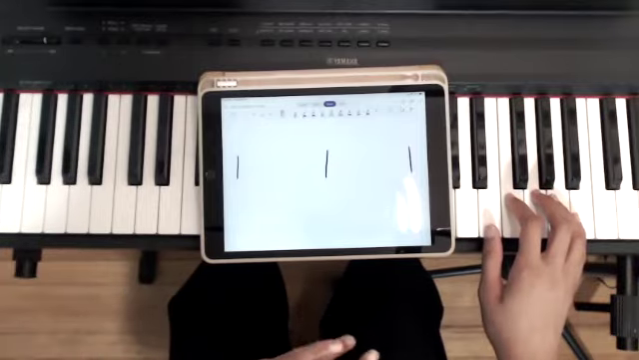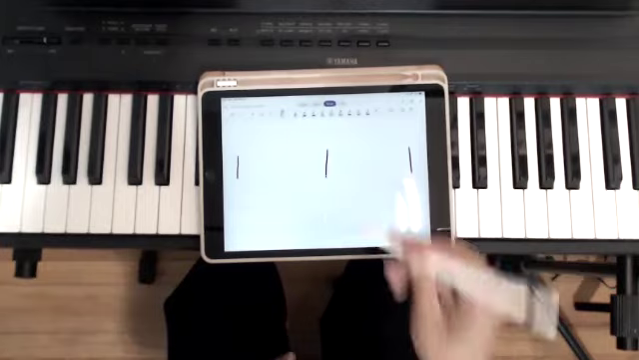1, 2, 3, 4. 1, 2, 3, 4. 1, 2, 3, 4. I'm going to do it again. 1, 2, 3, 4. 1, 2, 3, 4. 1, 2, 3, 4. So if you have to go over this a couple of times to get it right,